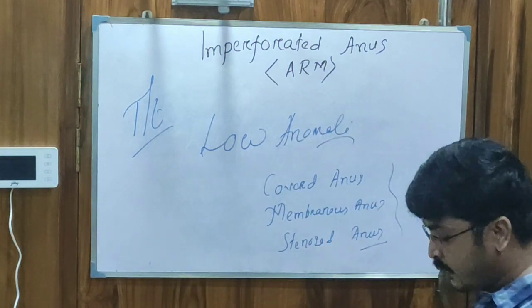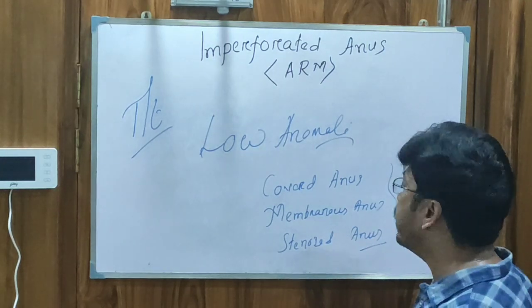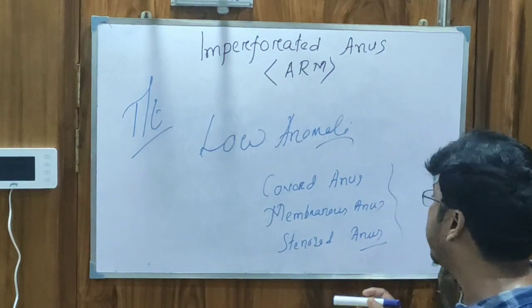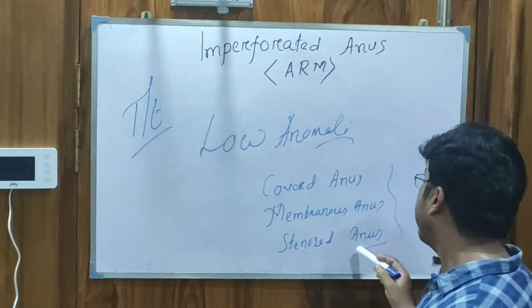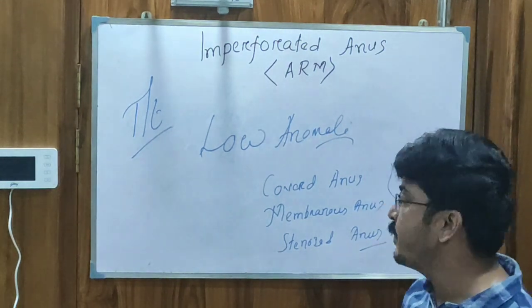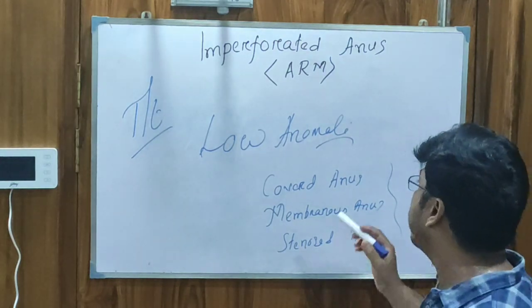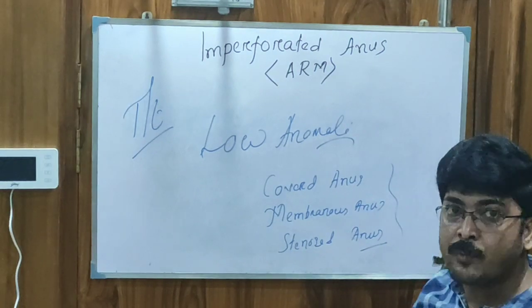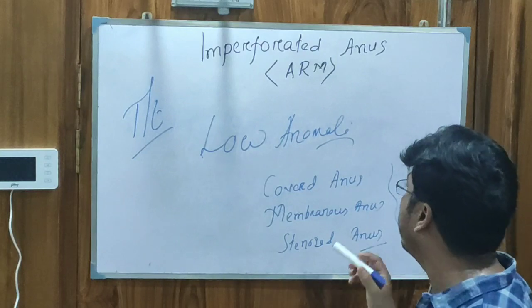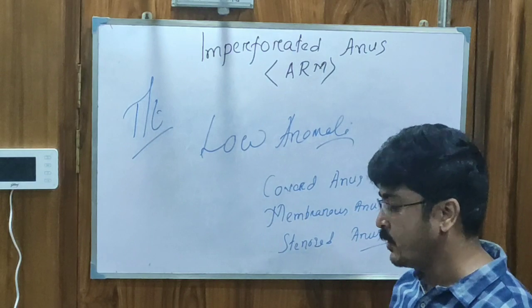For covered anus or membranous anus, just anoplasty is sufficient. It may be just a VOI anoplasty, or simply a cruciate incision and gradual anal dilation. For anal stenosis, gradual anal dilation for 2 to 3 months gives a sufficient result. It is a one-setup procedure. No need for PSARP or any other big surgical procedure. In low anomaly, the result is very good and it is a single-setup operation.